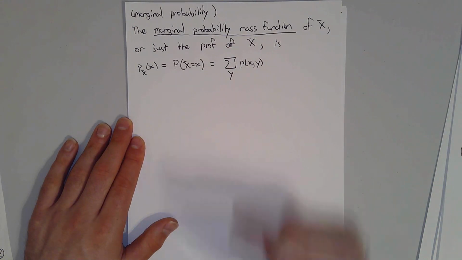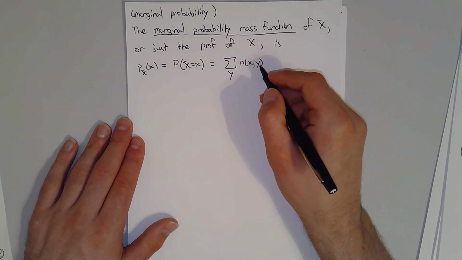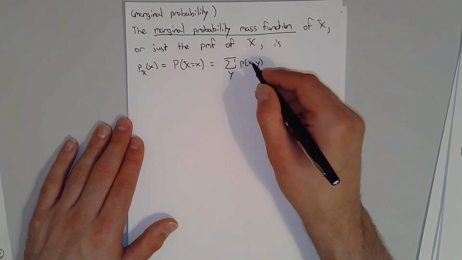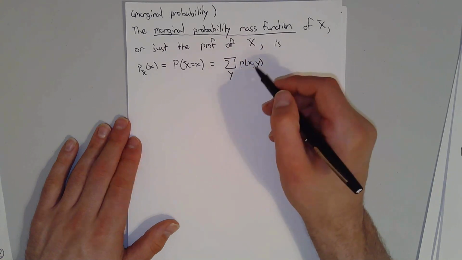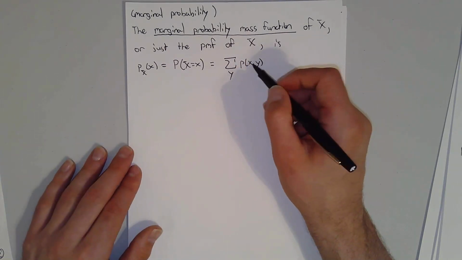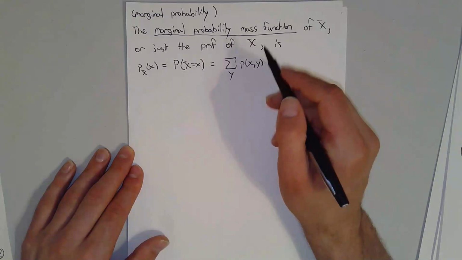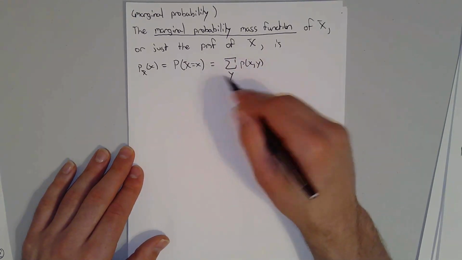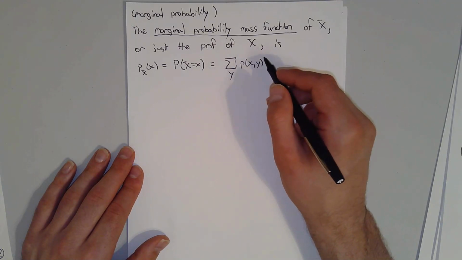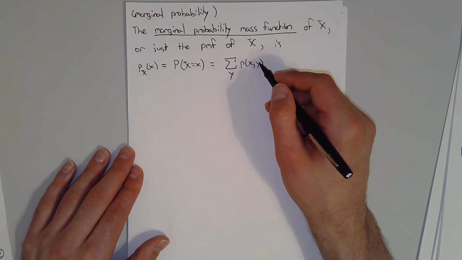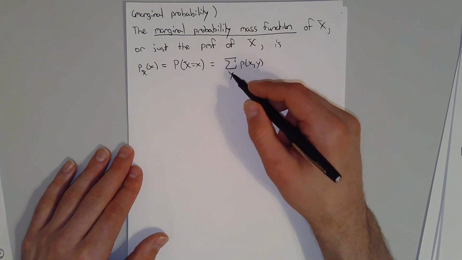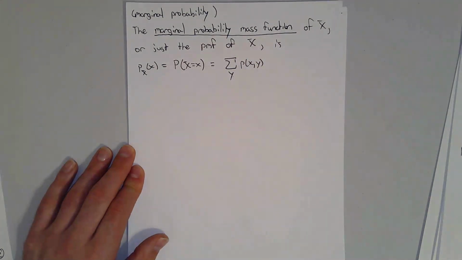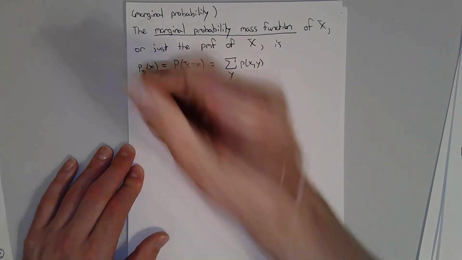Looks like this. It's the sum of our joint PMF, summed up over all possible values of y with x fixed. So this might look like an expression or a function of two random variables, of two inputs, x and y, but that is not true. This is only a function of little x, because y here can be thought of as a dummy variable or an index. So after we sum up over all the possible values of y, our results will only be an expression of x. So similarly,